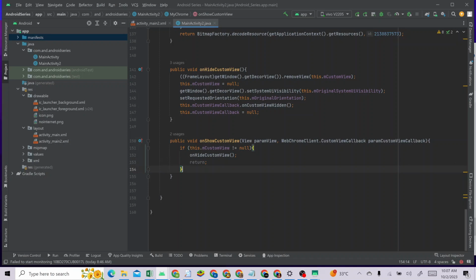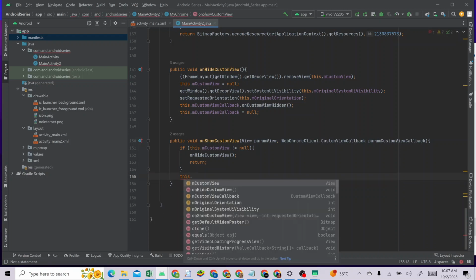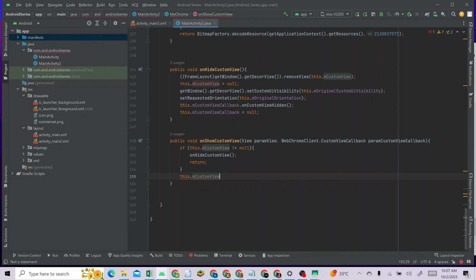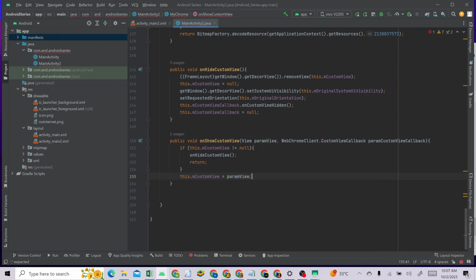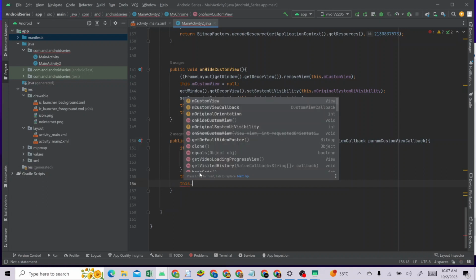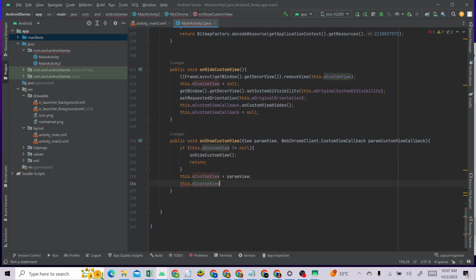We are going to say this.mCustomView is equal to param view, and we also say this.mCustomView,